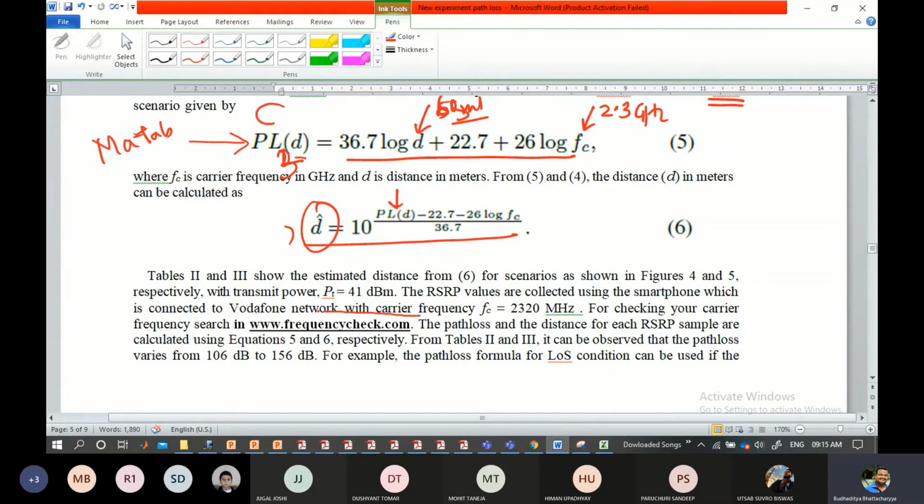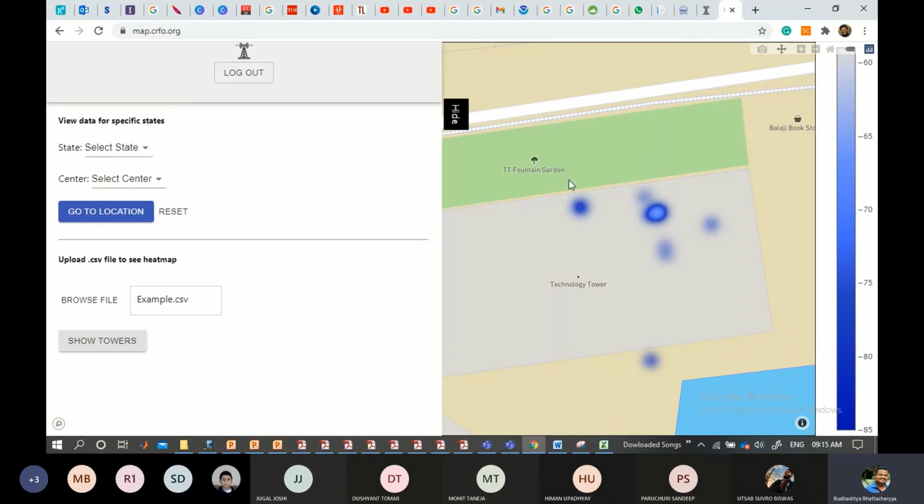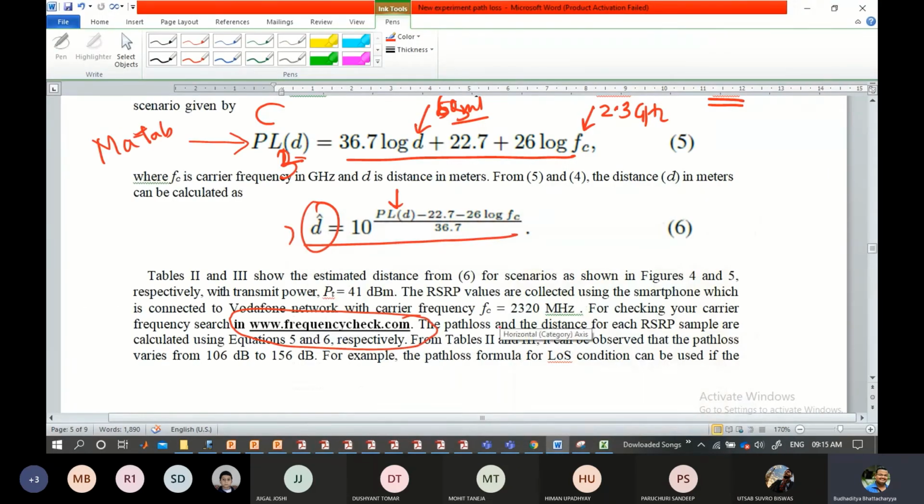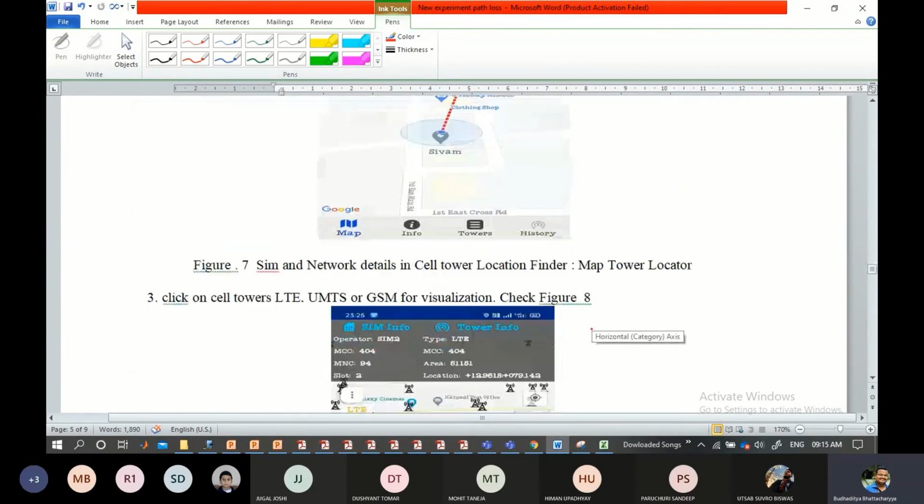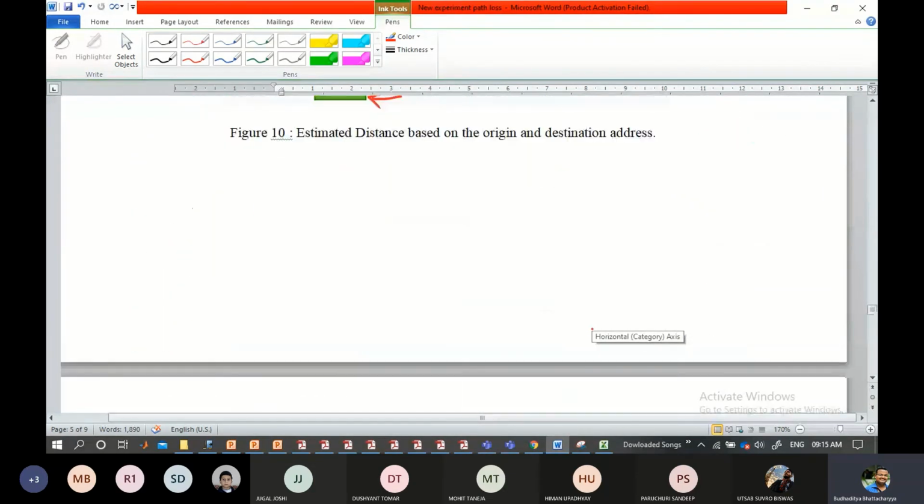www.frequencycheck.com. You can just click on it and it will ask you about the details of your vendor and the location, and it will give you the details of the operators and the frequency at which they are operating. Like if you are using Jio, what is the frequency of operation? If it's Airtel, what will be the operational frequency? It is very similar to the CRFO that we were getting over here. Unfortunately, I don't have the option of seeing it for Vellore or for any other city. So in general, you can click on frequencycheck.com and get the operating frequency of your operator at that particular location.